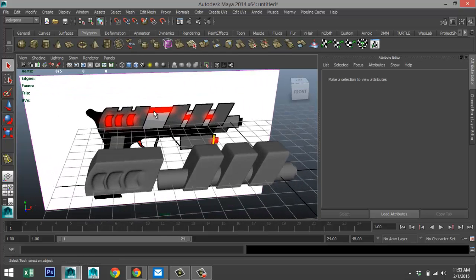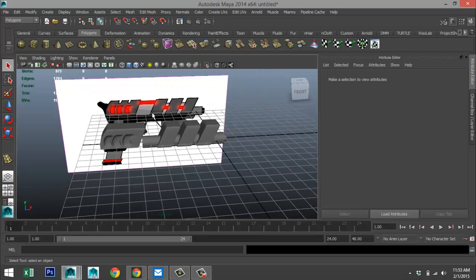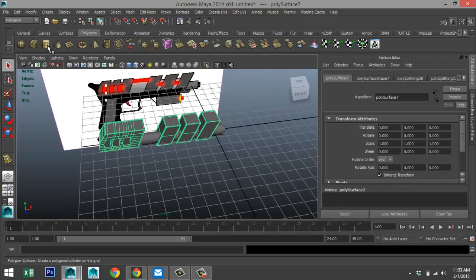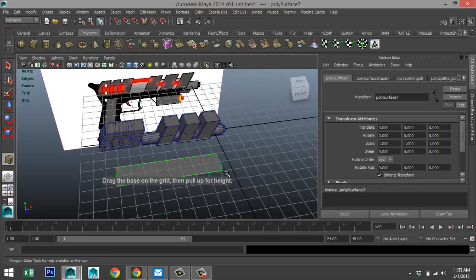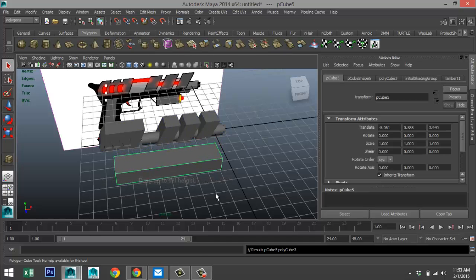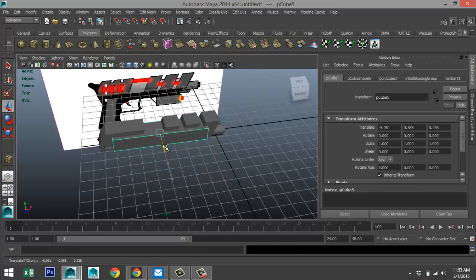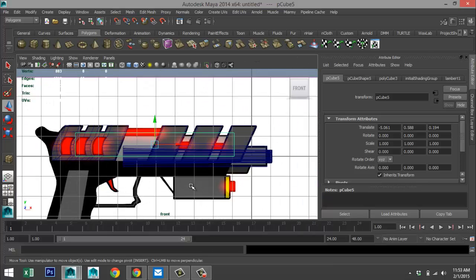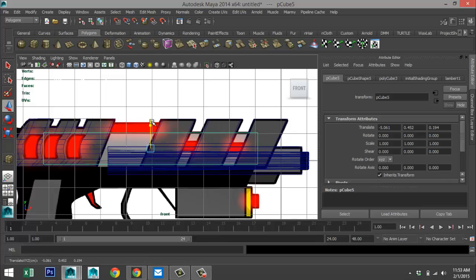Now let's deal with this light gray section here. And for that, we will actually take a cube and position that internally. Just going to hit 1 on my keyboard, sorry, so I don't have that soft selection going on. Take a cube, pull that out and up. Hit W and start to move that in. Now we're going to check it from this view here. So we'll align it from the top.